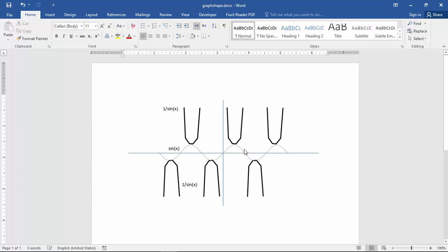At the x value where the graph crosses 0, the 1 over sine x definitely will be infinity. So we should have infinity where the graph of sine x is 0, because 1 over 0 is infinity. And we should have the graph at the negative side also, and of course the positive side